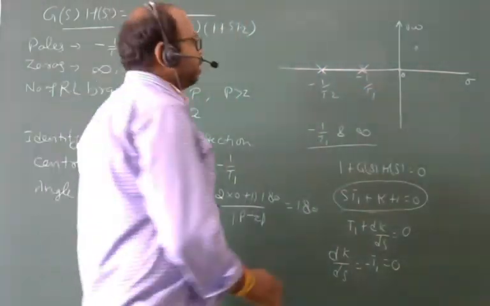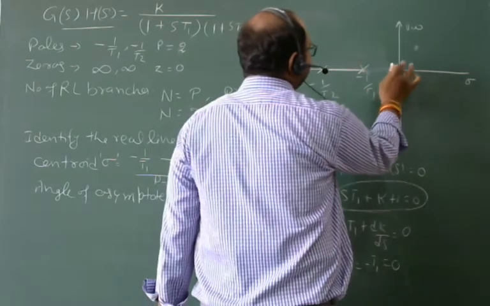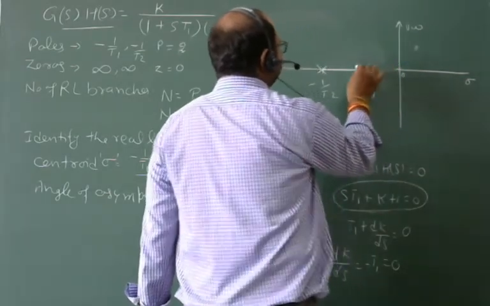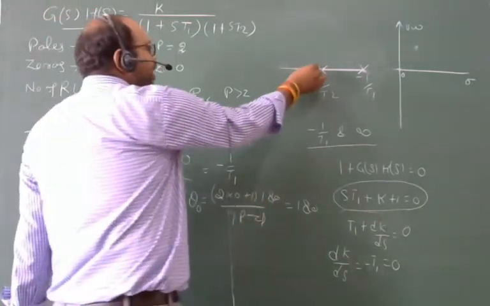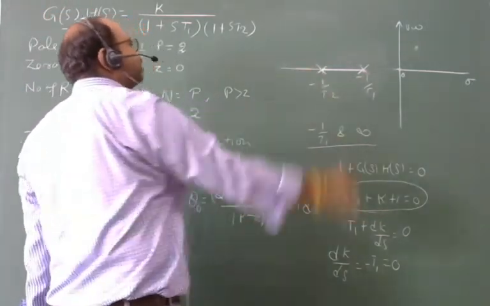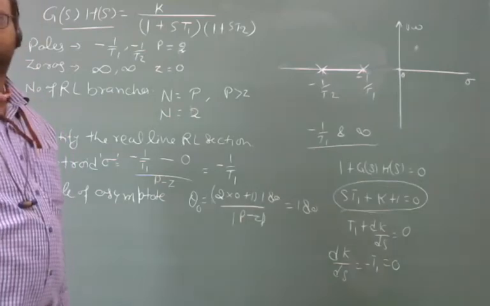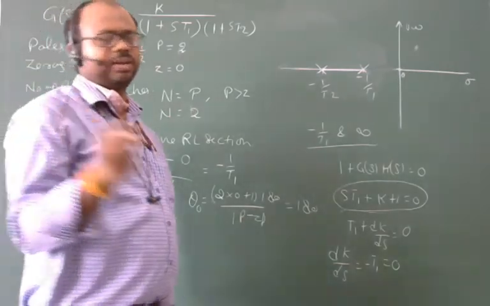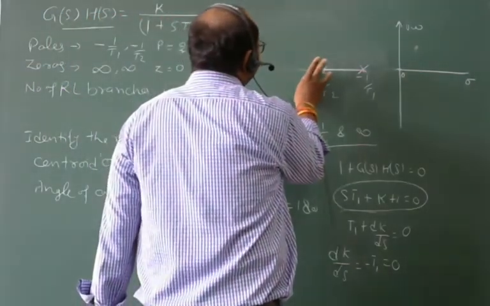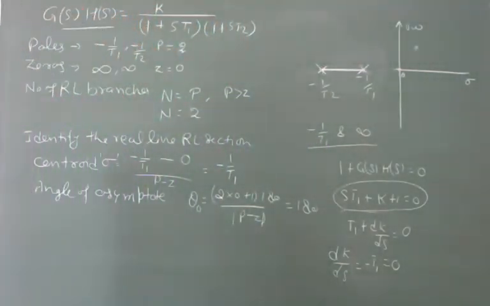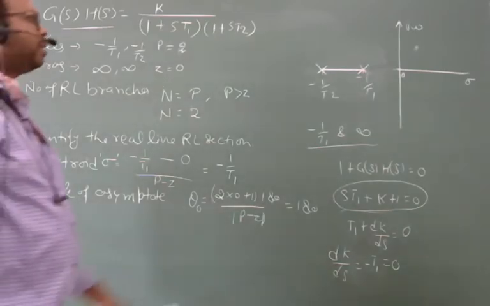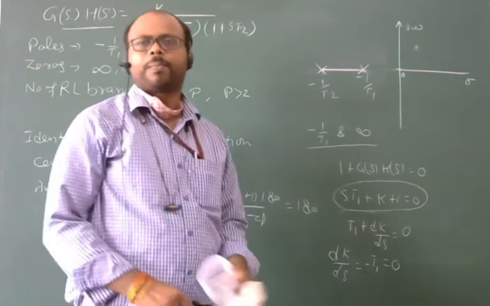Right? Not here. In this section. And for this section, in the right of this, we have two roots which is even, therefore no root locus will exist in this section, right? Now look at the combination.